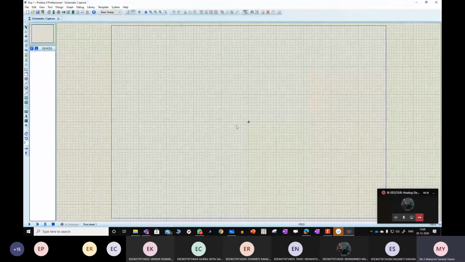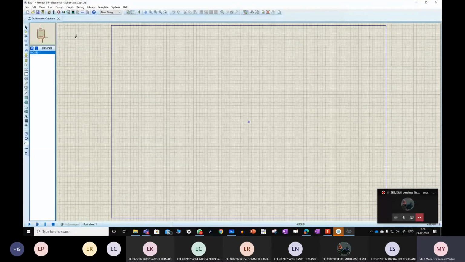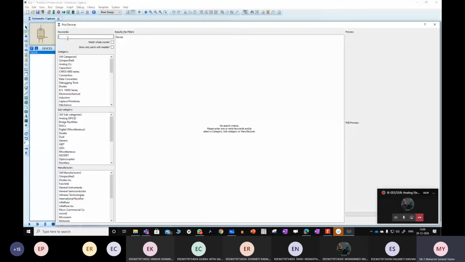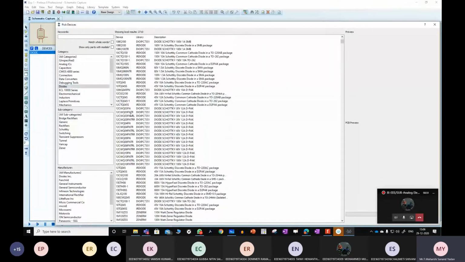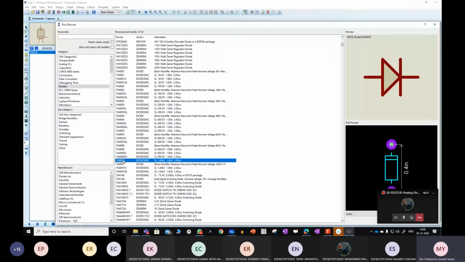So you can place components like this. Suppose I want a diode. I'll show you in detail later, just an overview here. Suppose this is a diode, and I want 1N4007. Some random circuit I'll take.